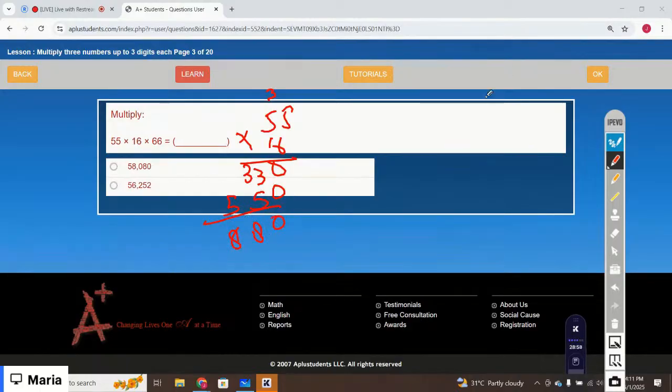Now multiply it by the 6. 6 times 0 is 0. 6 times 8 is 48. 6 times 8 is 48 and 4, 52. Now let's just multiply. 6 times 8 is